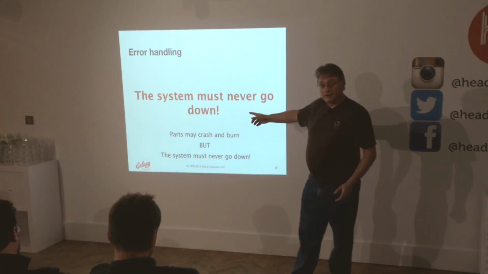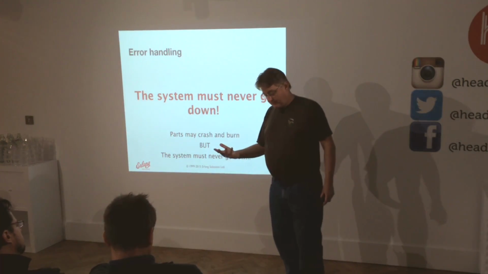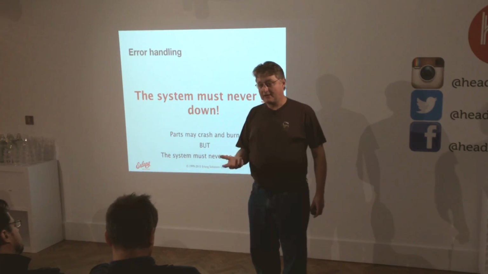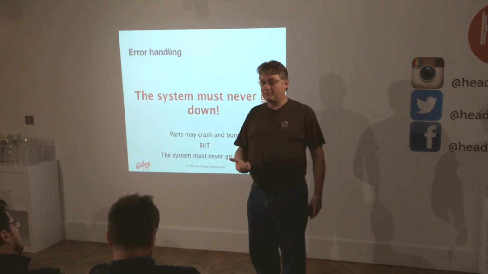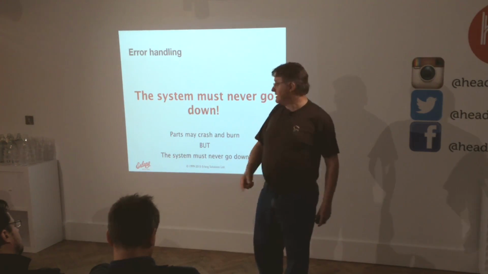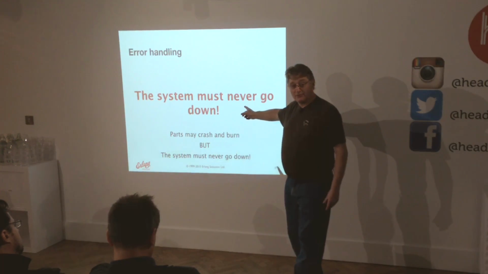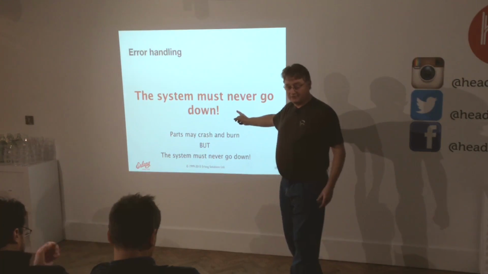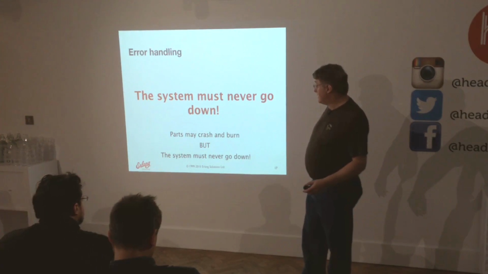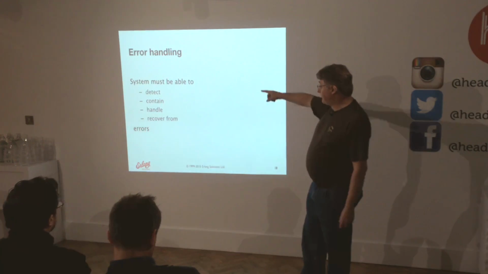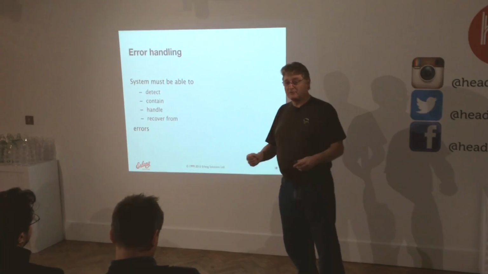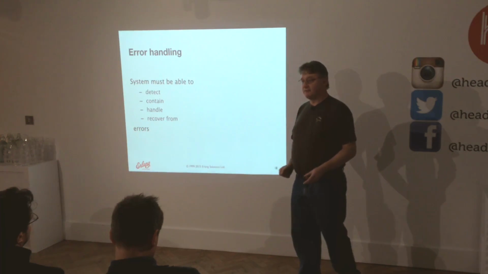And this was, again, the same thing as with the concurrency. If we couldn't make a truly concurrent system that could handle the level of concurrency we were after, any solution we came up with wasn't interesting. If we could not build fault-tolerant systems, whatever solution we came up with was not interesting because we just had to do it, right? So the system has to be able to detect, contain, handle, and recover from errors. They're going to occur. Accept it, get over it and work with it.